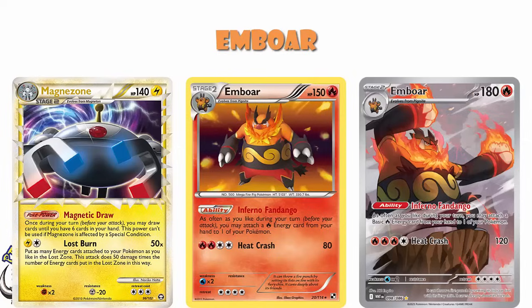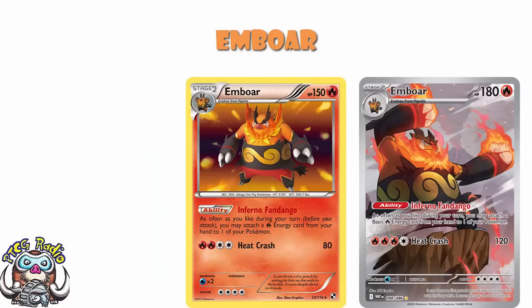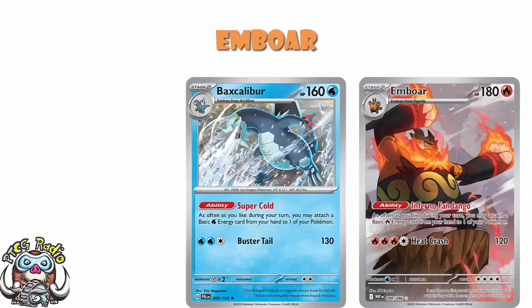So yeah, this was a good card back then, ladies and gentlemen. This was a very good deck. Is Emboar going to be as good nowadays? Probably not. Functionally, it's basically Fire Baxcalibur. And we all know that Baxcalibur kind of had a moment but then went away. It's a Stage 2 that lets you attach as much of a particular colored energy as you like during your turn. Obviously, it's going to depend a little bit on what partners we've got for it, but the reality is we've seen enough of this to know it's probably not actually going to be that great, but